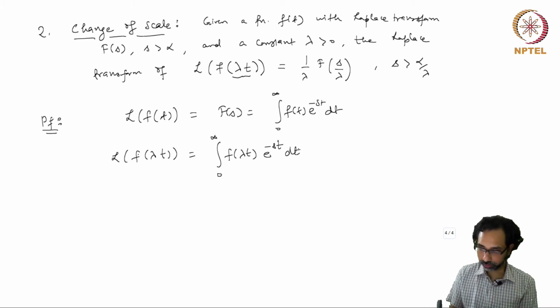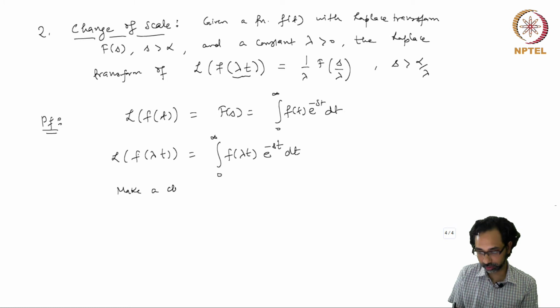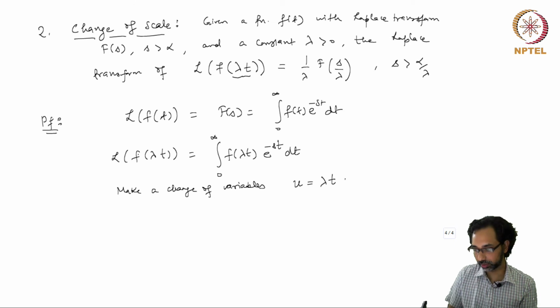So we can make a change of variables. We put u to be lambda t. So this means that du is lambda dt,